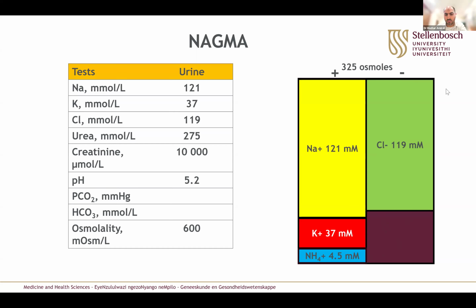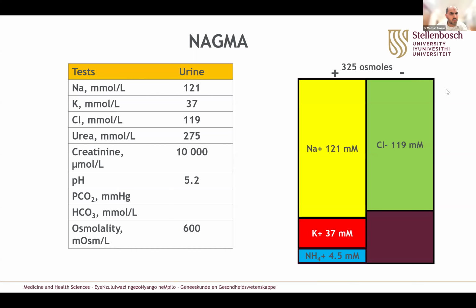It does, and it's probably pulling the potassium out as well. Correct. Those negatives that were not accounted for. Yeah. Thanks, Prof. The other question is, thank you for the nice presentation, Prof. My question is about anion gap in the first case. It was 17.5 and it was stated as NAGMA. I think we've already answered this, so we won't go with that.